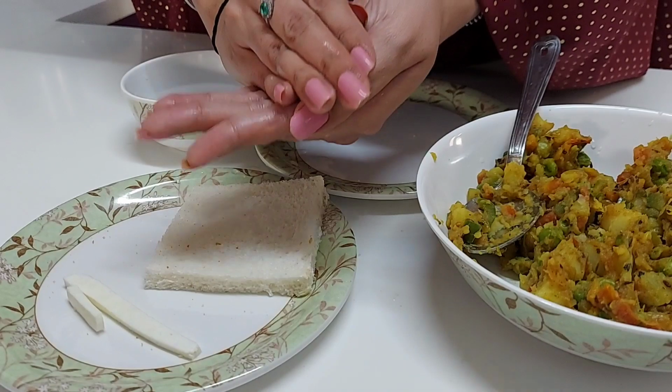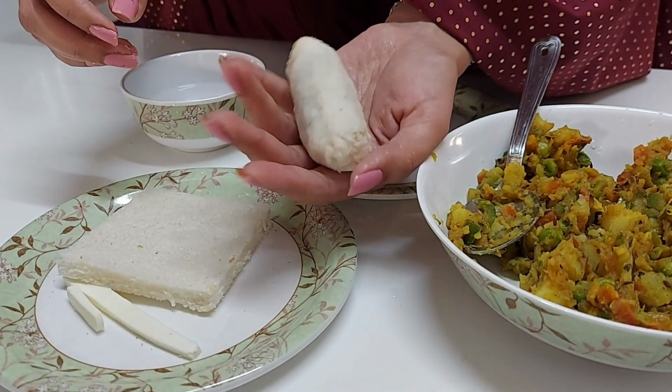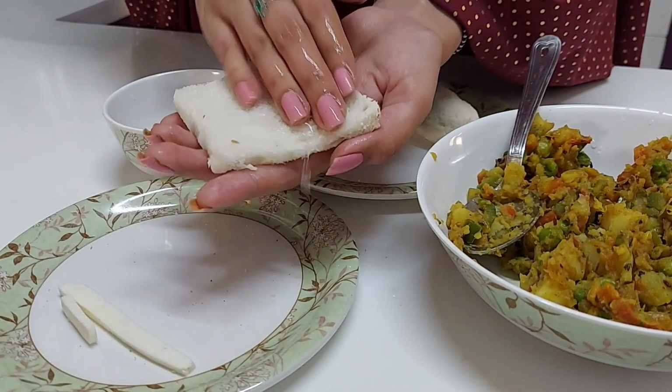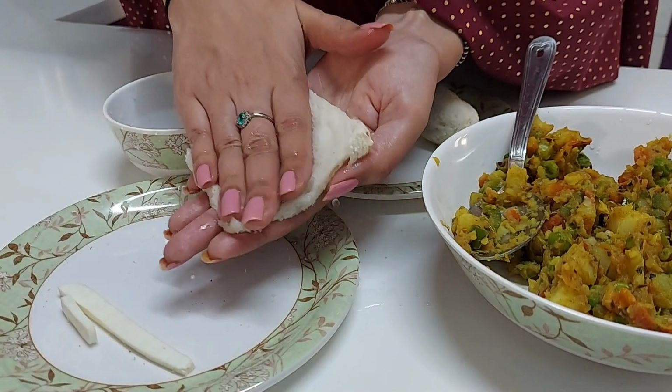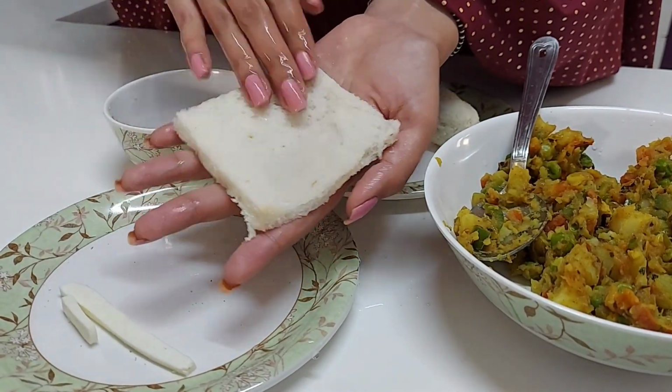So if you feel somewhere that the bread is not properly soaked, just apply a little water to it, and this is how it should be, without any cracks. Repeat the same process with the other bread as well. Nothing much. The main thing is that the bread is soaked well, to the point that it should be soft,